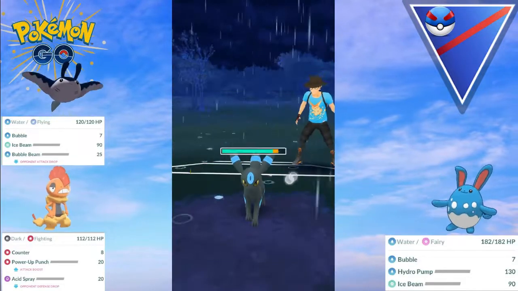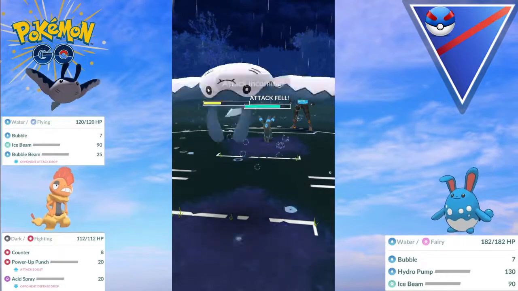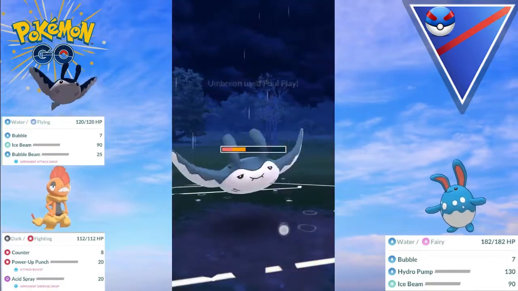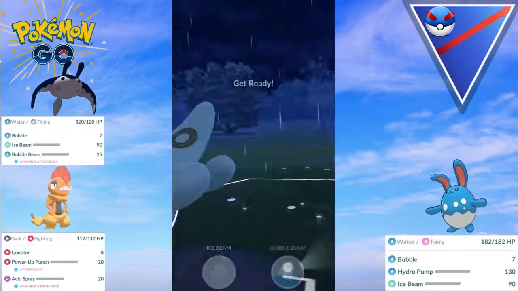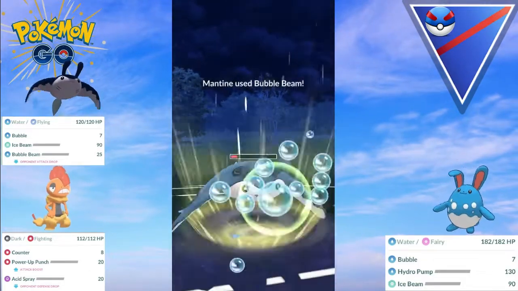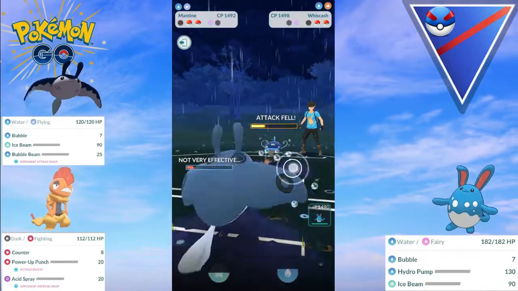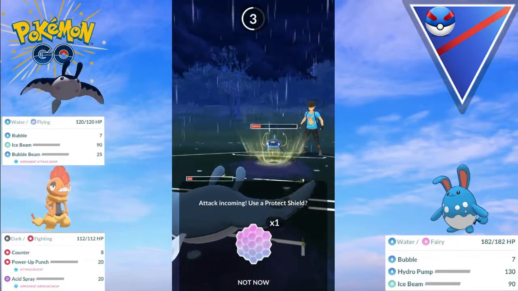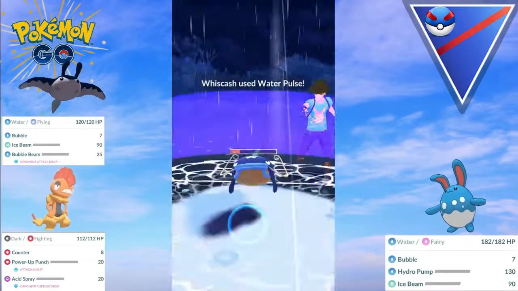But straight away bring Mantine back in, start reducing the attack on this Umbreon. The foul play doesn't take us out because we have debuffed, and then they bring the Wishcash back in to catch the Bubble Beam. That's okay because we can charge up another Bubble Beam, throw the shield,